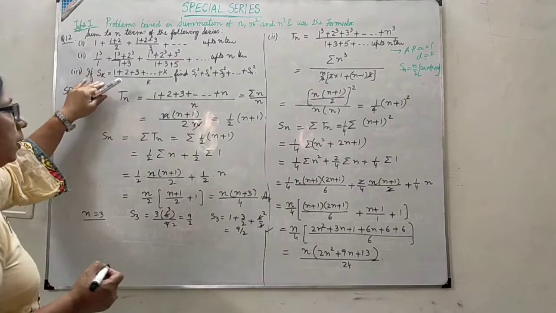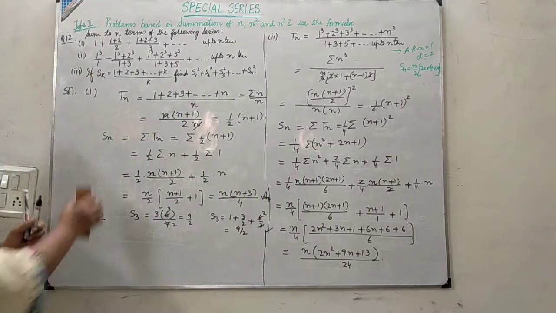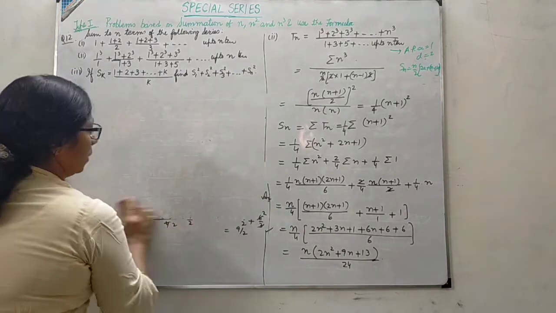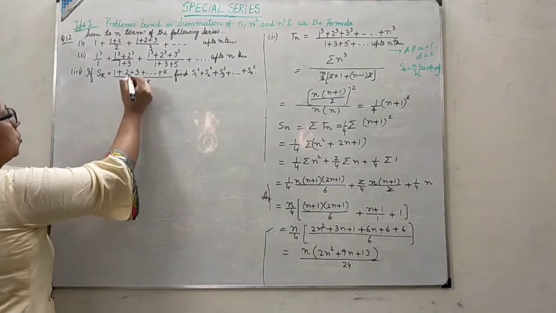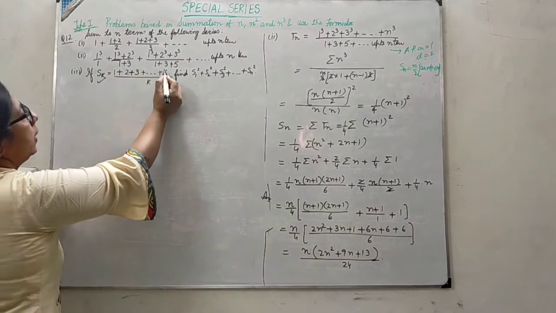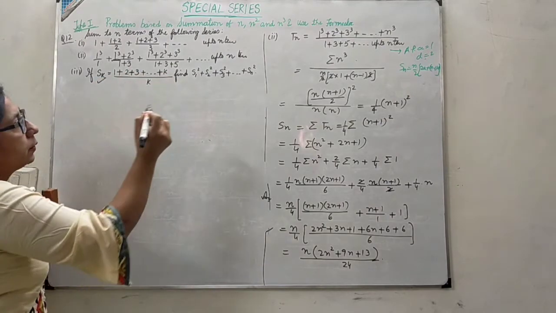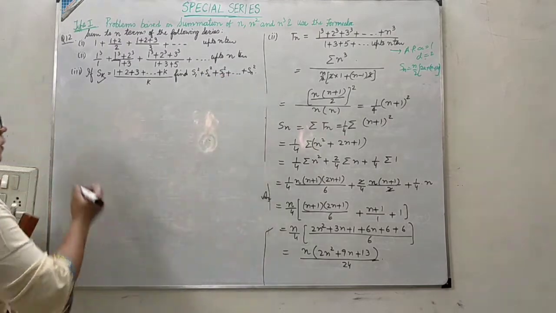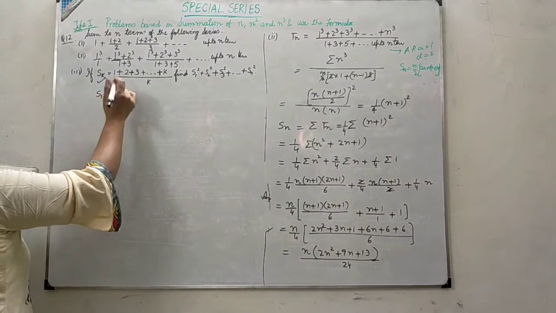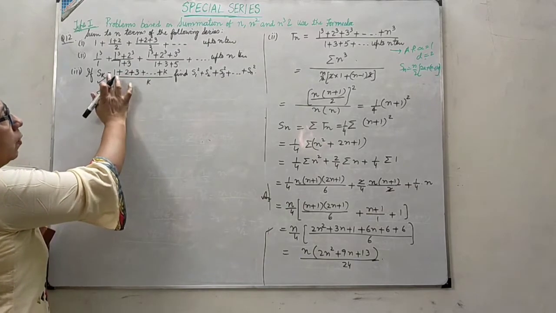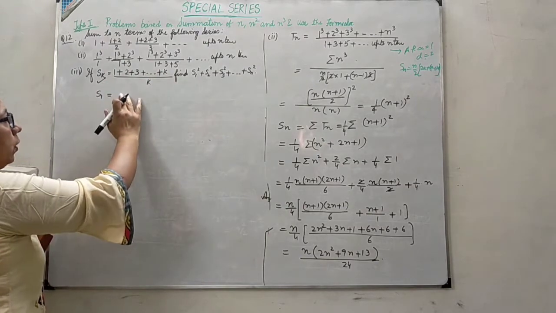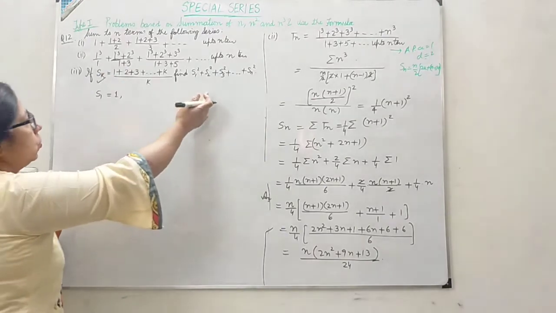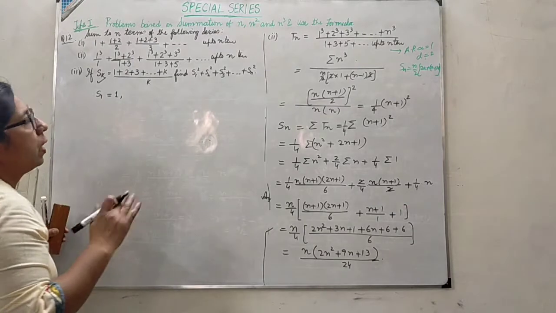Let us move to the third part. If Sk is 1 plus 2 plus 3 up till k upon k, then you want to find S1 square, S2 square, S3 square, etc. This means if I want to write S1, it will be 1 up till 1 term upon k, which is 1. So this will be 1 only. Then S2 will be 1 plus 2 by 2 and so on.